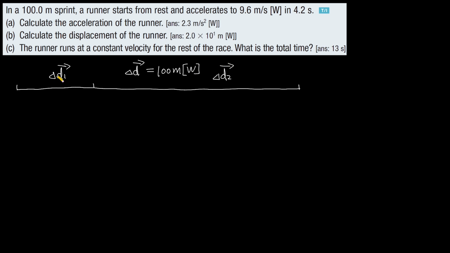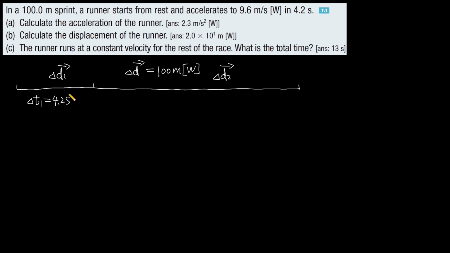Displacement 1 is for the accelerating stage, and displacement 2 is for the constant velocity stage. So the time interval for displacement 1 equals